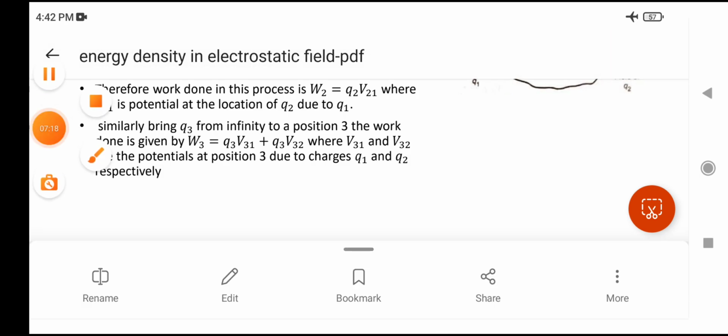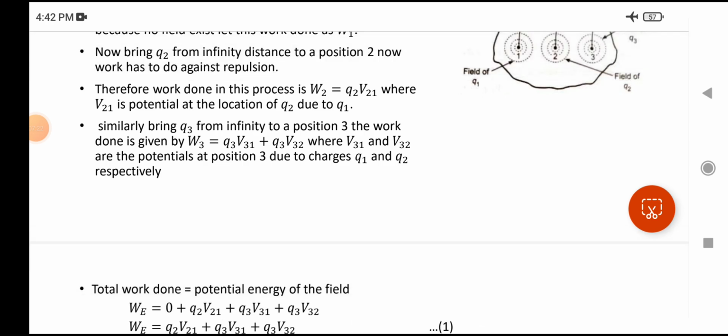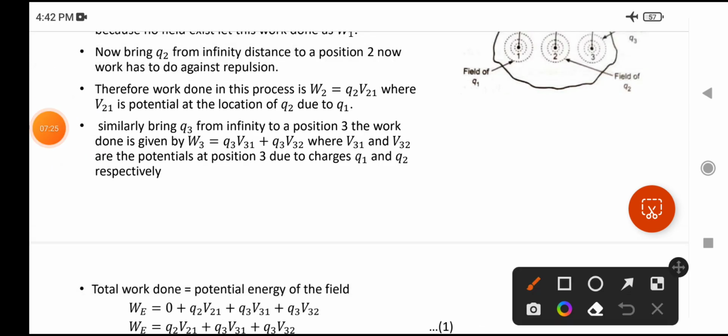That is why, sorry for this disturbance, V31 and V32 are the potentials at the third position due to charge Q1 and charge Q2. So that is why 1 and 2 is written here. Okay,